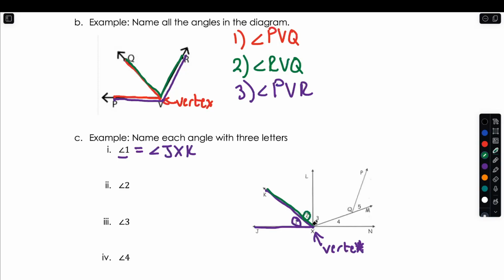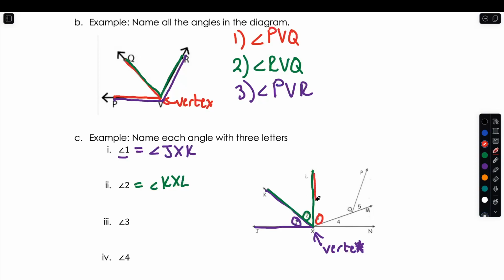The letters that surround it would be K, X, and L. So the name of this angle would be KXL. If you put the X anywhere except the middle for this, it's wrong. KLX is wrong. It has to be KXL. Next one, angle 3,